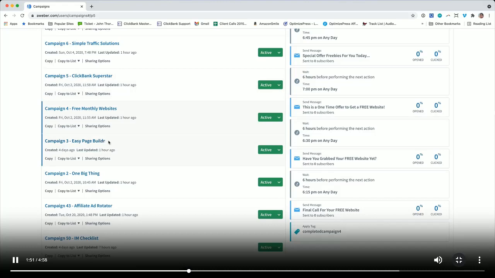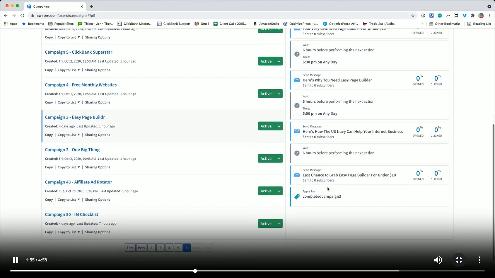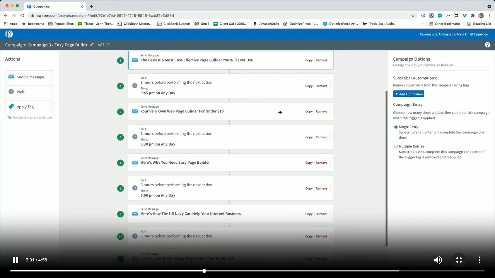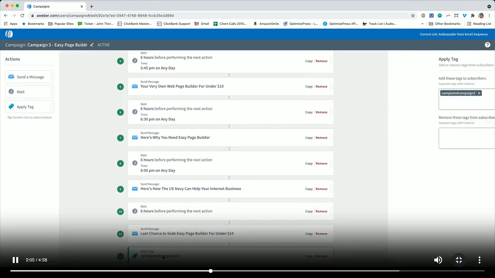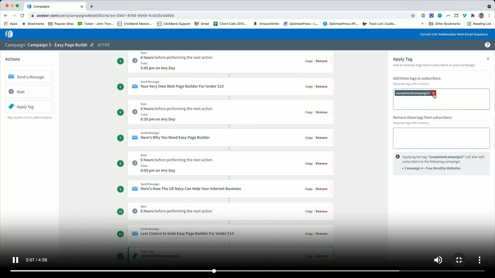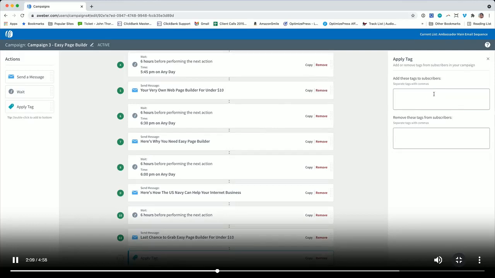So you need to go back here. You would need to go back to campaign 3, and basically you would need to change this tag here. If I just click the title, you can see here, apply the tag completed campaign 3. You would literally delete that, and then you would apply the tag completed campaign 4. Please make sure when you do this you spell this right and it's all lowercase,